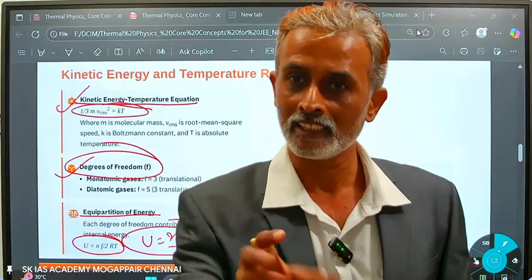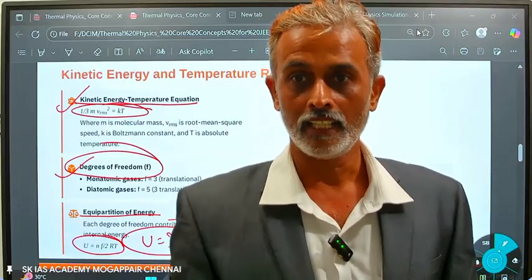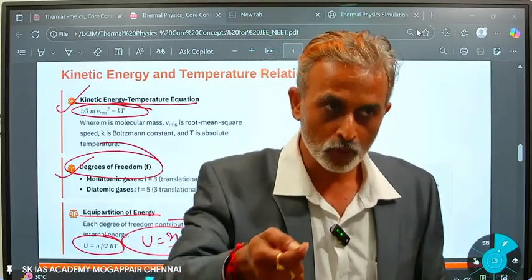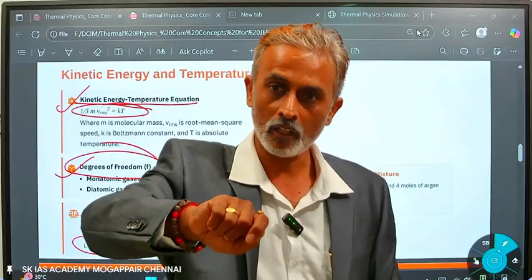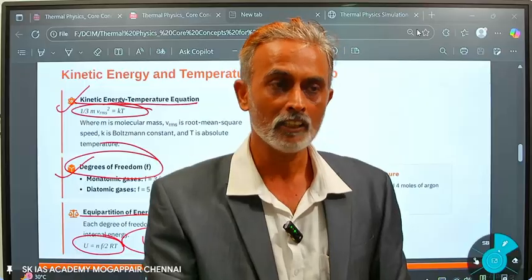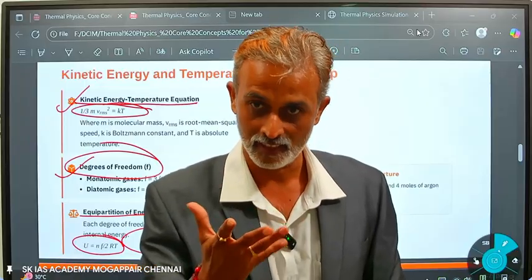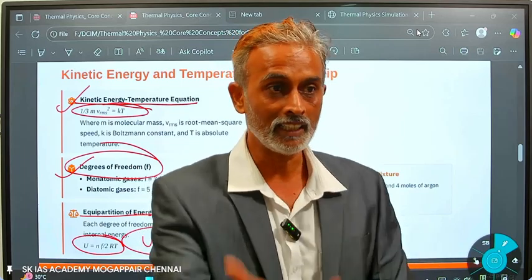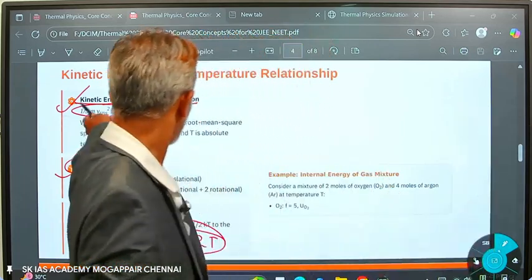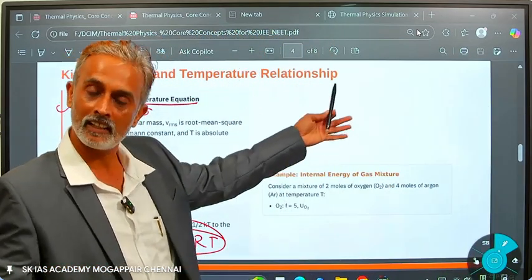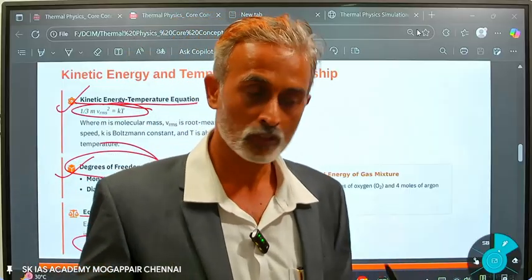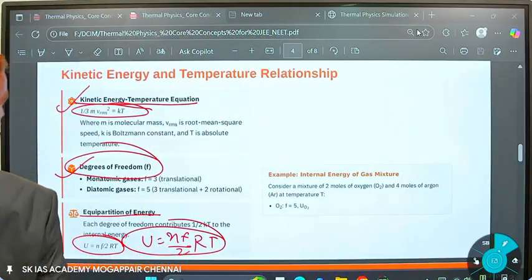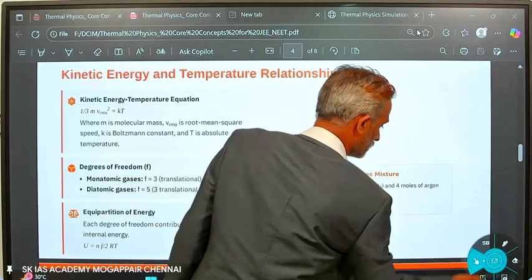Now simply in your house, like an electric stove or gas, if you slowly increase or decrease the gas, automatically you will see the boiling is affected. When you increase the gas level, boiling happens suddenly. There is a kinetic energy and temperature relationship there. So such things happen. Okay, note down that.